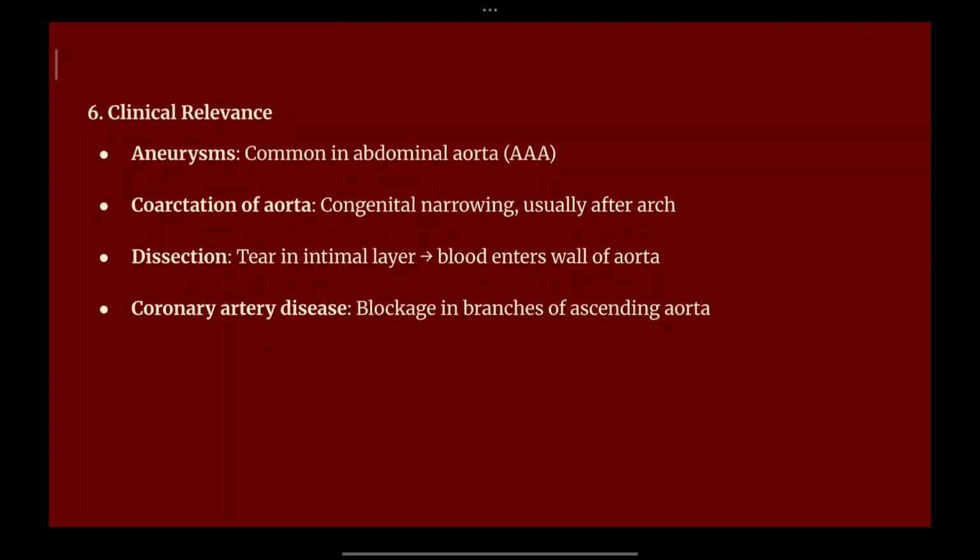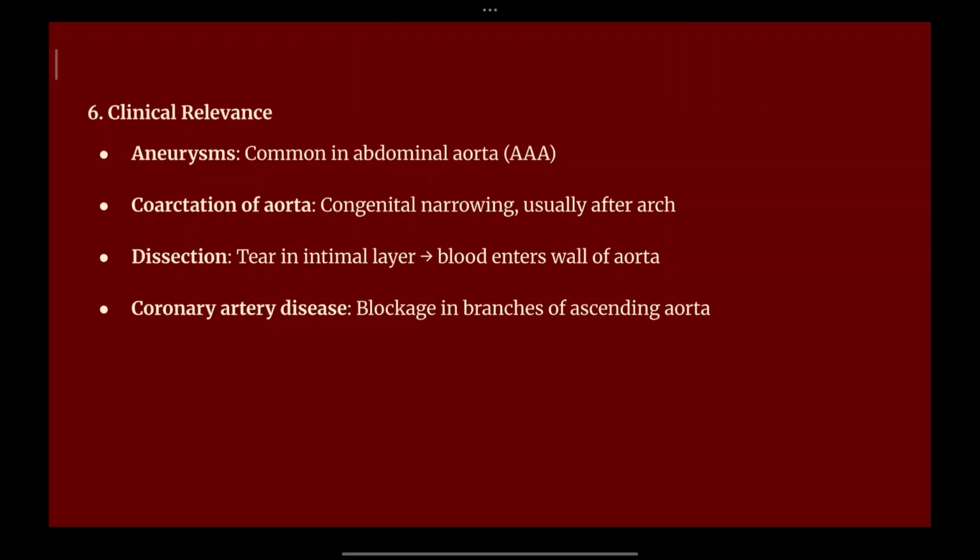Now dissection can be due to surgical procedures that are being conducted or due to certain minimal tears that happen inside the blood vessels. So the intimal layer is going to have a tear in the blood vessel, leading to the entry of blood into the walls of the aorta, or a hematoma might happen. Hematoma is internal bleeding, causing blood entry into the visceral organs, and it might lead to the entry into the aorta as well.